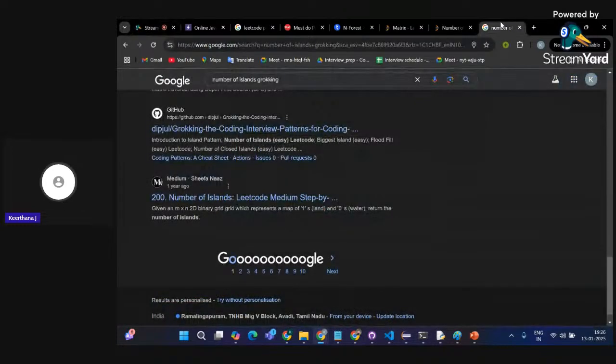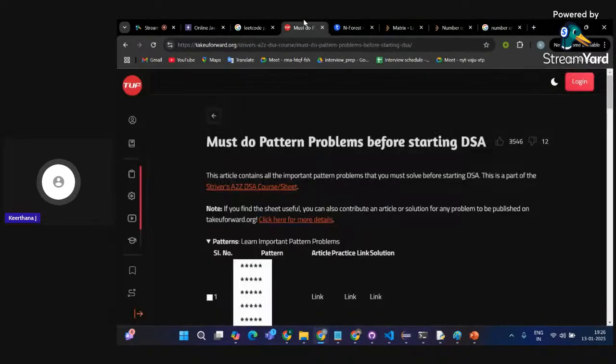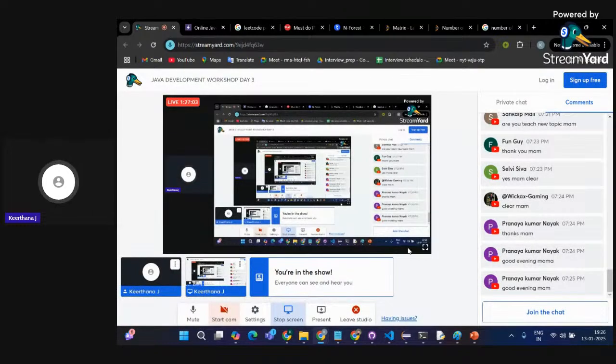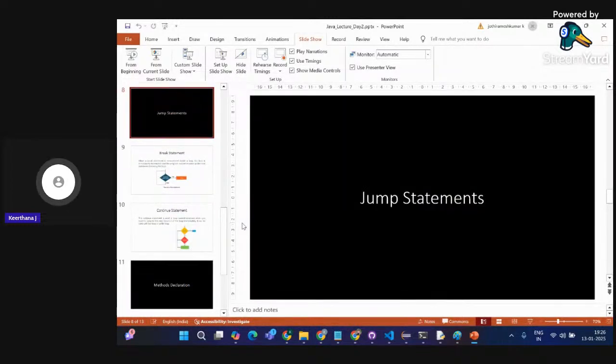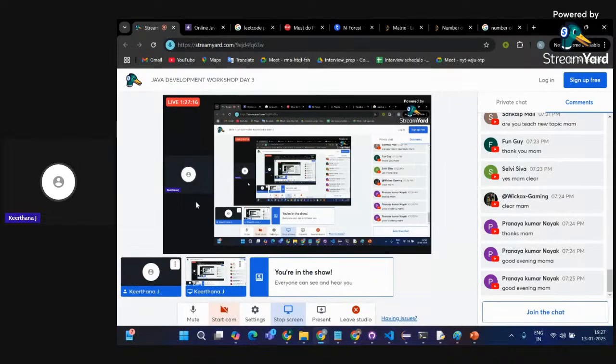So, yep, this is all about nested loops. Okay, so next, we'll be seeing the jump statements in Java. That was all about nested loops, and we'll see the jump statements quickly, and then we'll be seeing an algorithm. With the help of strings, we'll be seeing an algorithm. Yeah, we'll be solving a DSA question as well.